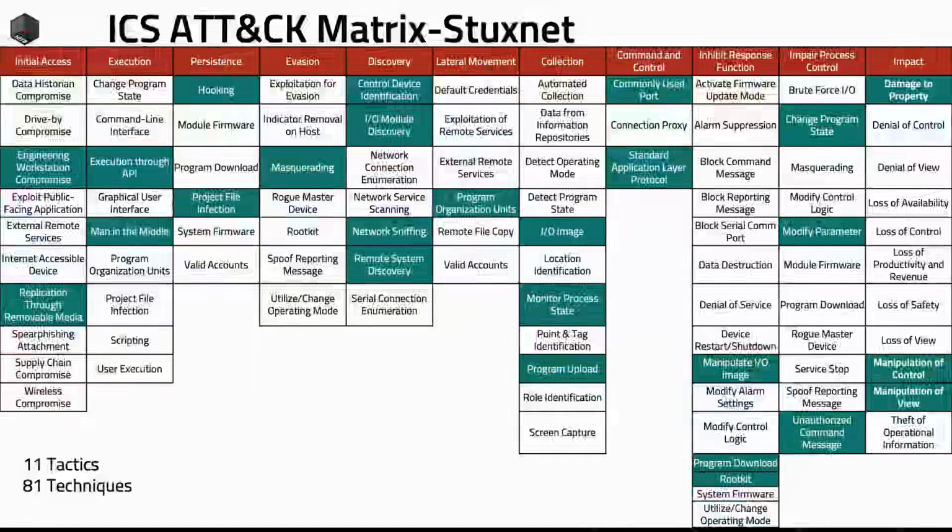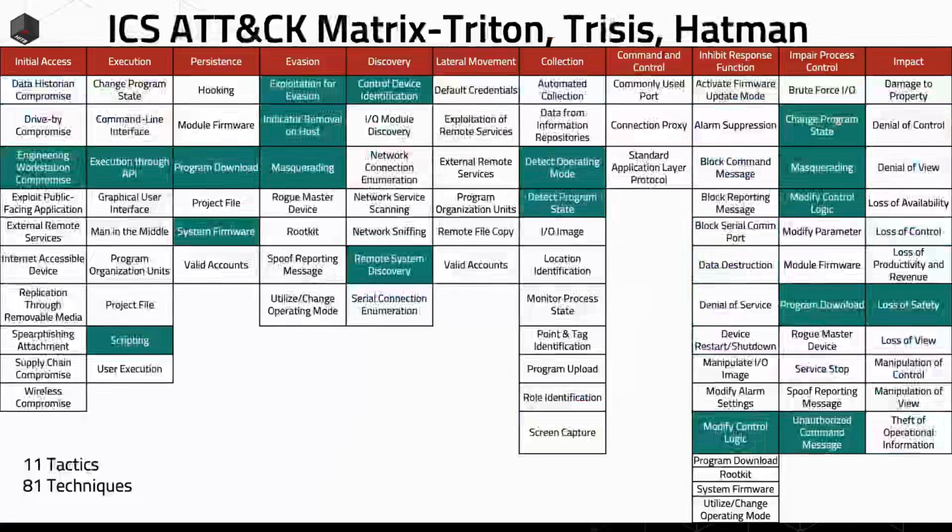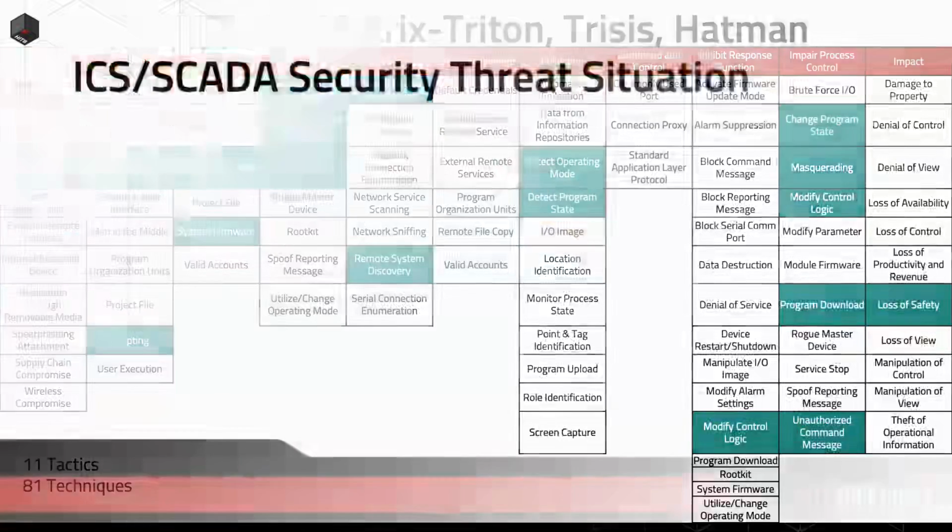So it's a common language provided to everyone. Everyone knows what happened in Stuxnet or Industroyer, what impact was made, or how the impact on process control was achieved in this event. Triton is a very famous incident, and everyone can see it too. The key advantage of using the ICS matrix is that everyone can clearly communicate about what tactics or procedures were used by hackers. It's very easy to understand.